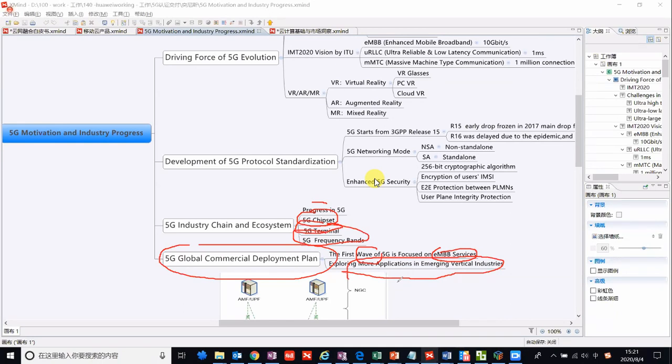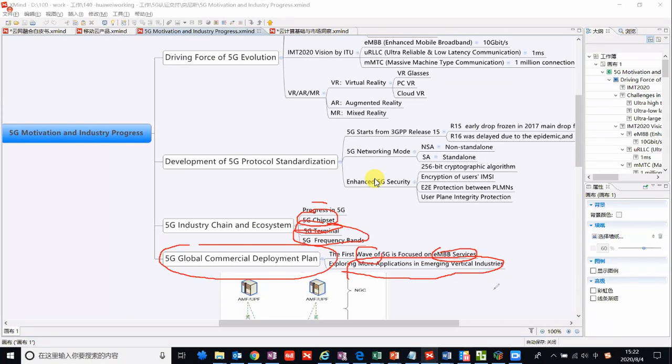You know, 4G focuses on the consumer, person to person. And for 5G, we are focused on vertical industries, like intelligent manufacturing, V2X, ports, police, and so on. 5G will enable vertical industries.